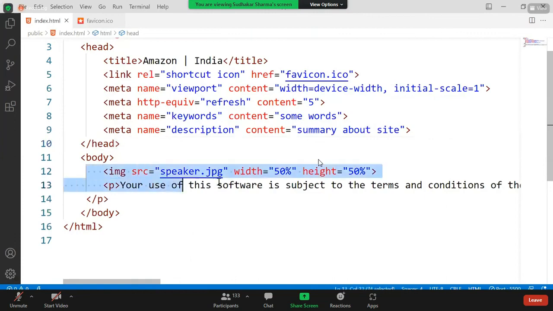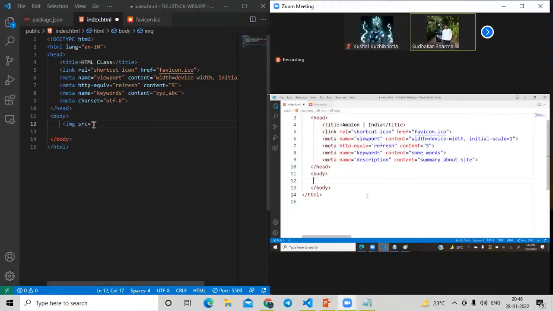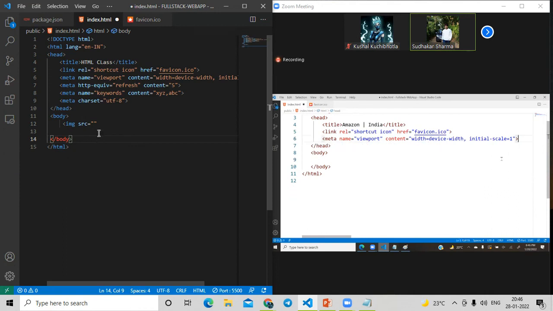I will just keep this body section empty. Like, okay, you see, this is the body section. And for your understanding's sake, I will remove all other options, refreshing and all. Only the viewport I will give for responsive. In the body, I will write something, welcome to HTML something.